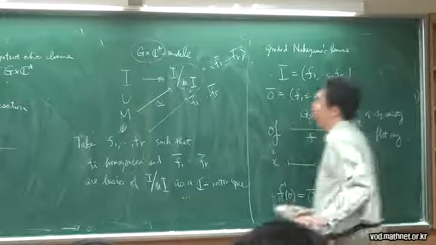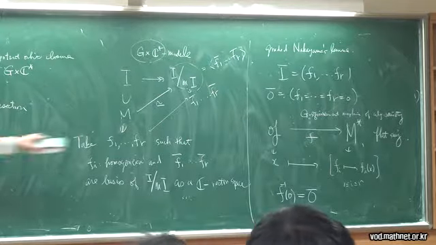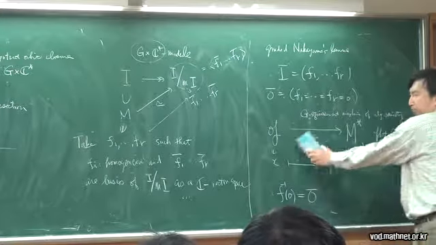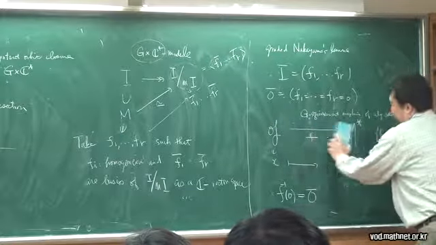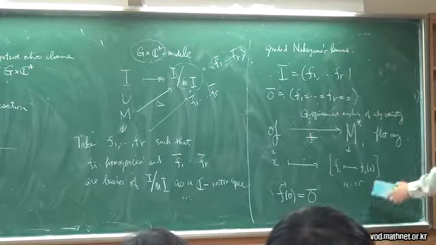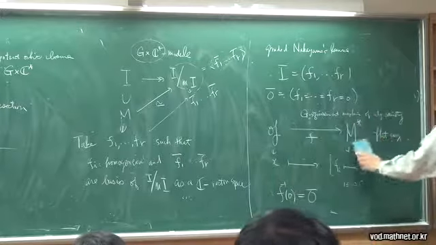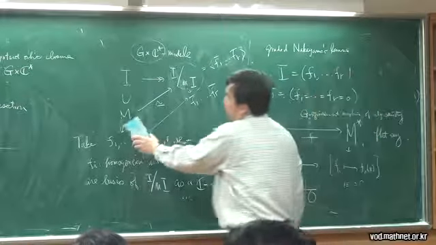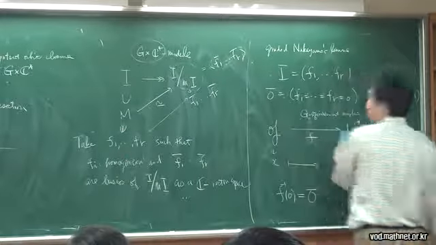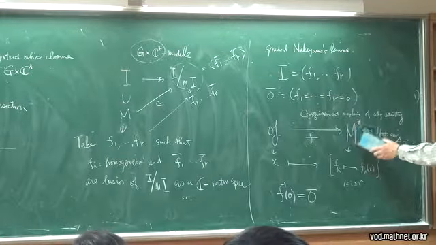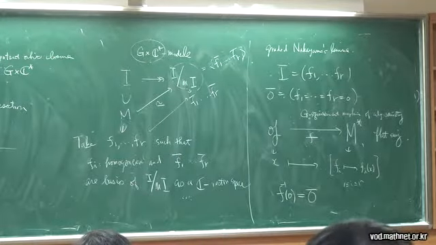So we have the following fibration, and it is C-star equivariant. These are both vector spaces, but this is not a linear map. This is an affine space and an affine space. So this is a map of algebraic varieties and it is G-equivariant. G acts on g by the adjoint action, and M is a G-module, and M star, its dual, naturally has a G-module structure. So the idea is the following.